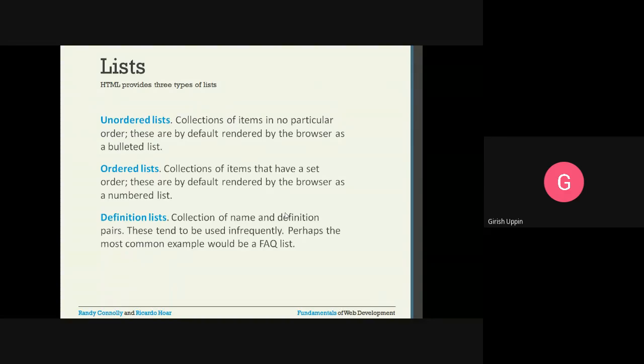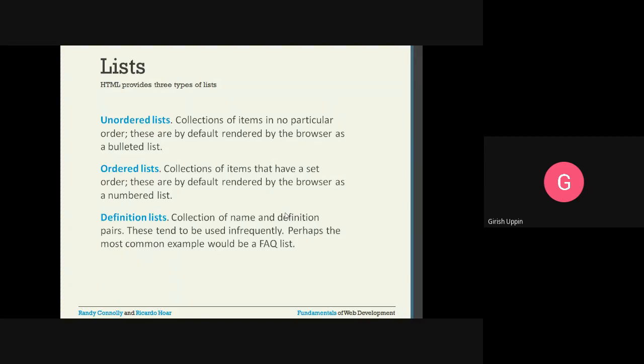In an unordered list, there are certain items which do not need any particular ordering. For example, we have different departments in an engineering college, computer science engineering, civil engineering, so there is no need for a particular order there. Whenever we don't need any particular order, then we will have the unordered list.